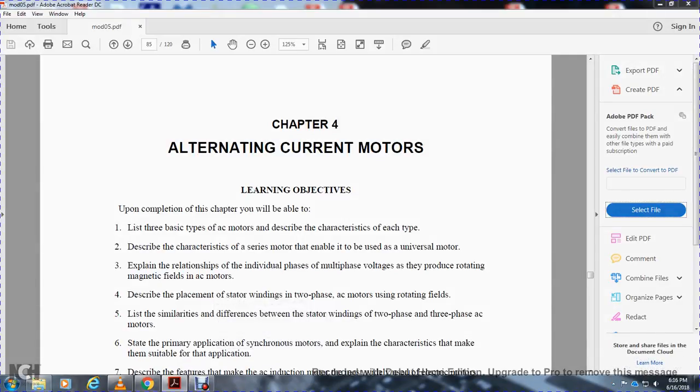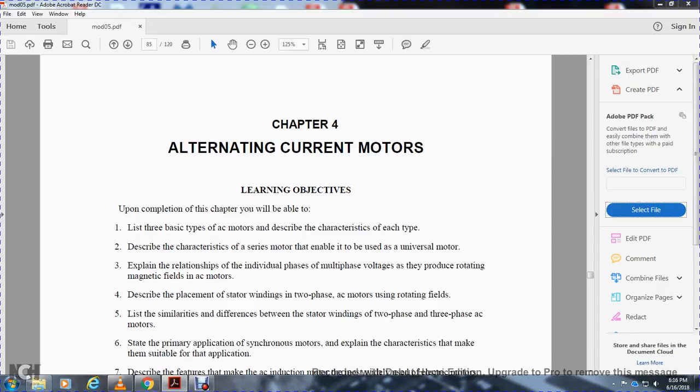Alright, Chapter 4, Alternating Current Motors, Module 5, NEETS, Navy Electricity and Electronics Training Series. Learning objectives. Upon completion of this chapter, you will be able to list the three basic AC motors, describe the characteristics of the series motor, which is able to be the universal motor, and explain the relation to